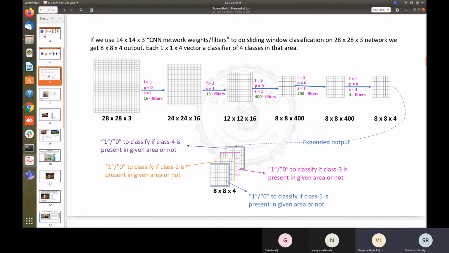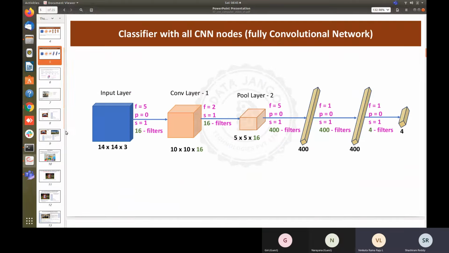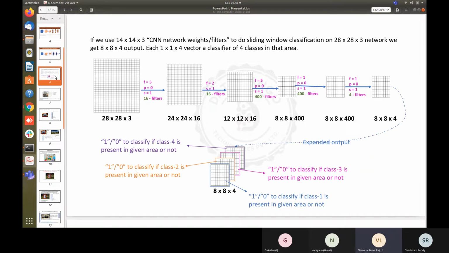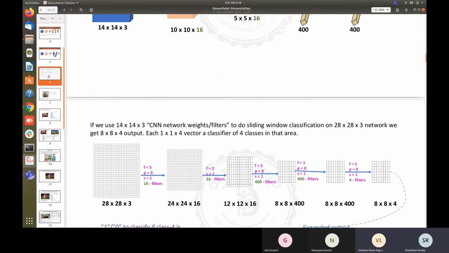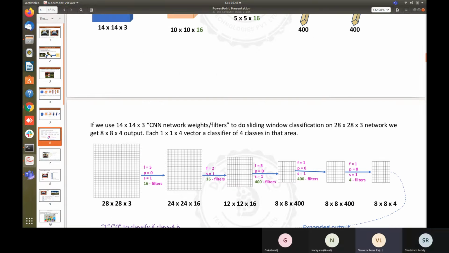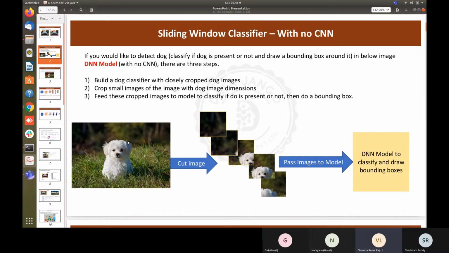So why are we actually training on a small image, and then trying to do it on a big image? That's the question, right? Not exactly, but there is a possibility. We will train on a smaller image, and there is a possibility that we need to predict with the bigger image. The problem there is, to identify or classify an object, we need to have closely